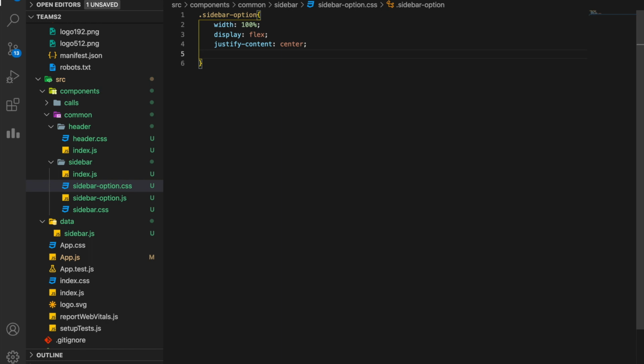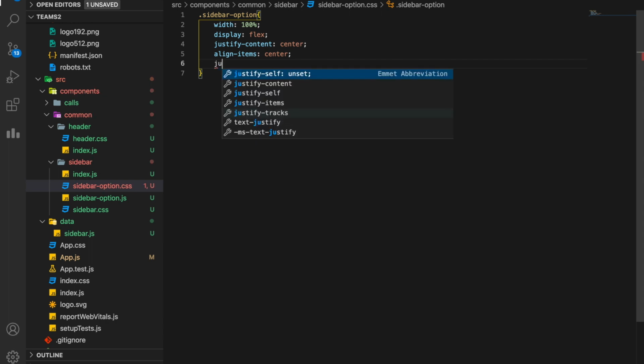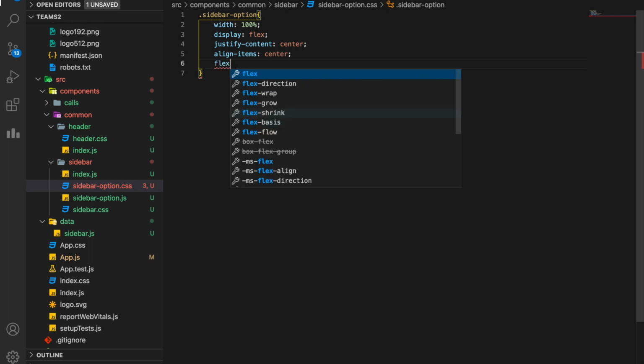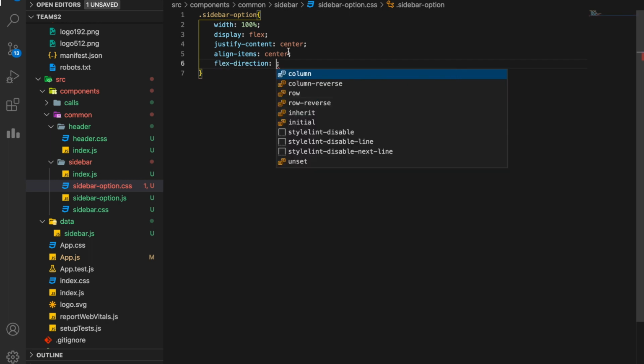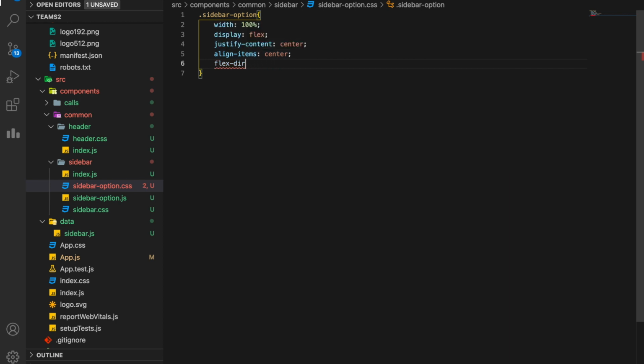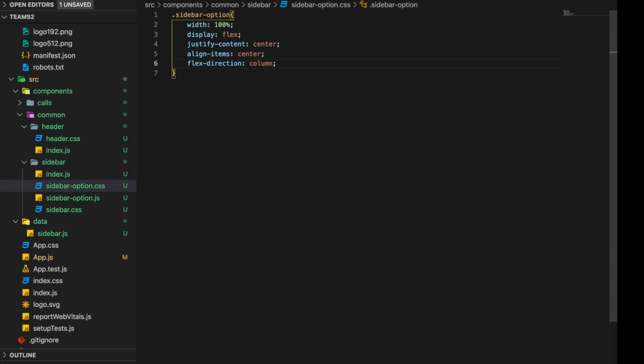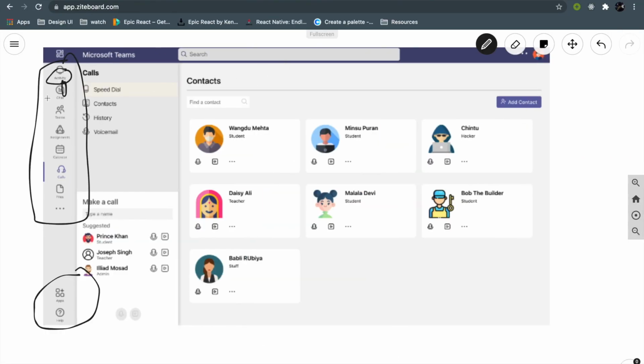To make everything vertically center, we will use align-items center. One thing I would like to tell you here: if you use the flex-direction property and make it column, then the usual behavior of align-items and justify-content is interchanged. What you want to achieve with align-items will be achieved by justify-content. This is because the principal axis gets changed. So yes, obviously we need flex-direction of column because this is not a row, this is a column.